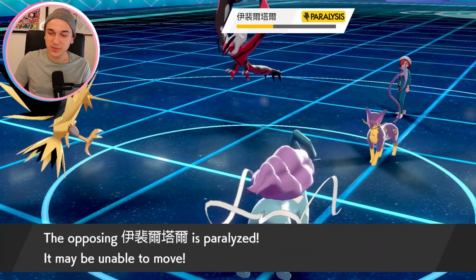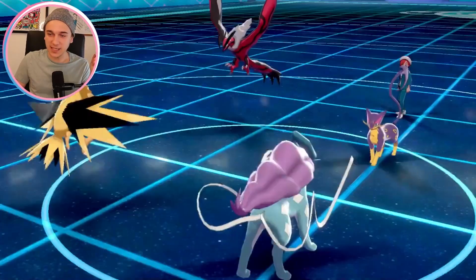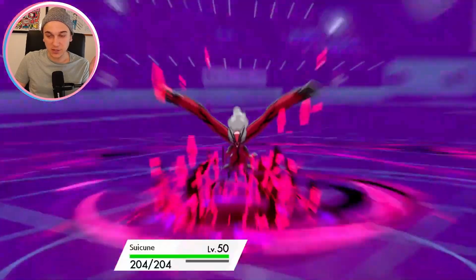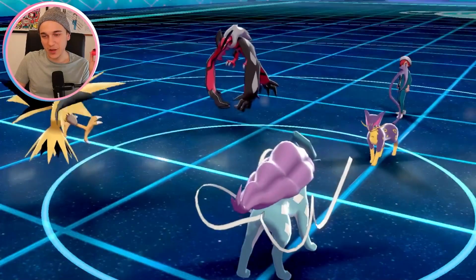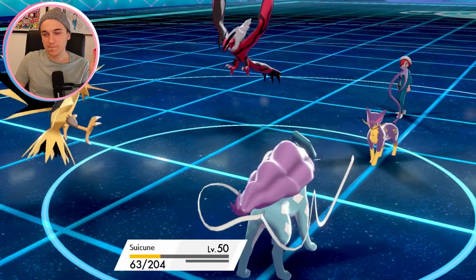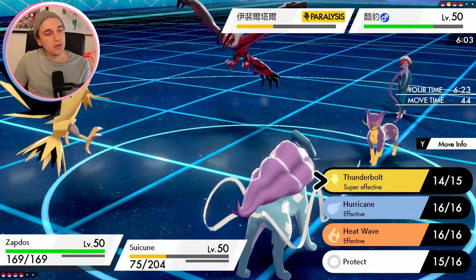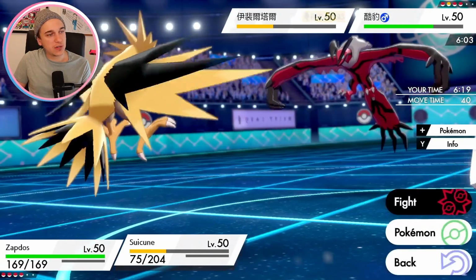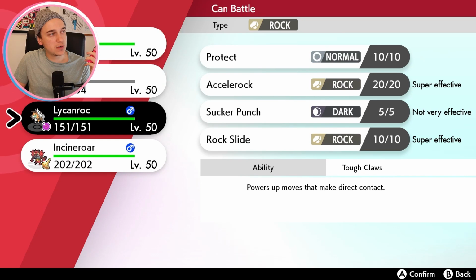Oh, yeah. We got the paralysis. We're going to get the Tailwind up. Even if this thing does hit me, we got the Tailwind. And they're going to get the Dark Pulse, so let's see. Suicune's living. Come on. Legendary. Okay. So now we can just T-Bolt into the Yveltal to try to finish it off. We'll swap Suicune out, and we'll go for...